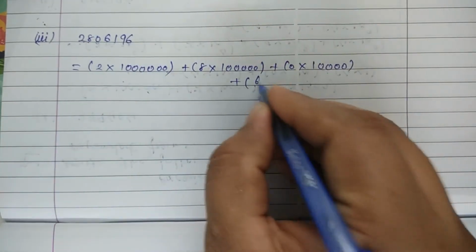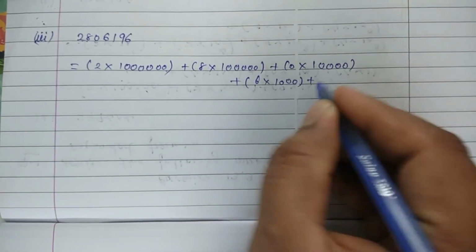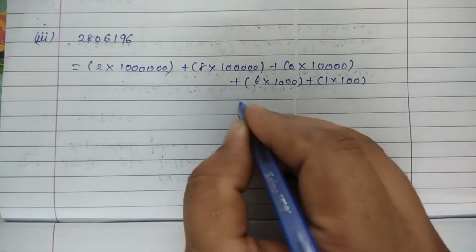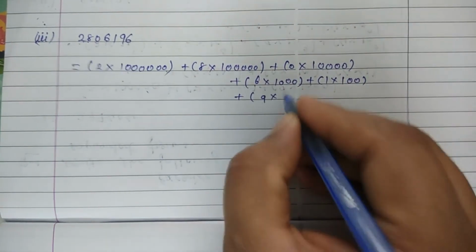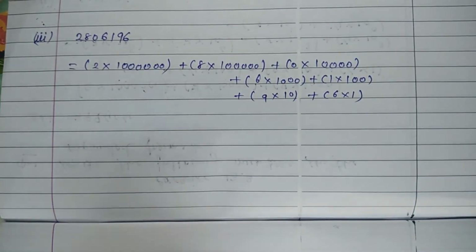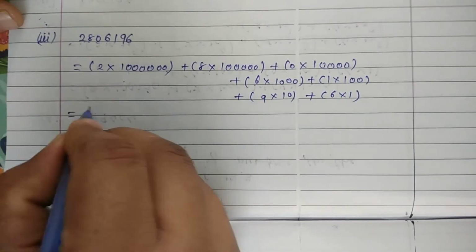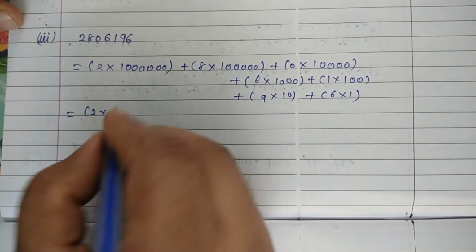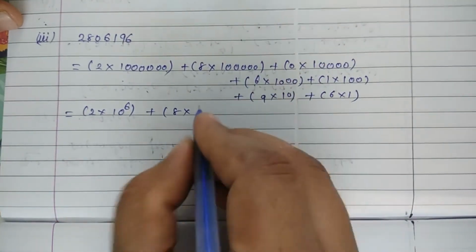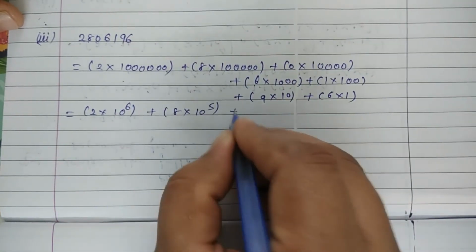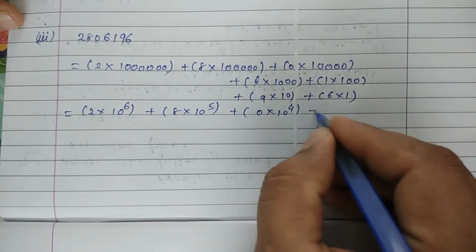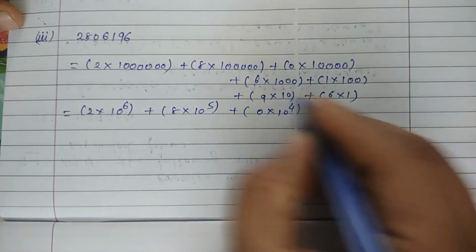Plus 6 at the 8,000 place, plus 1 at the 100 place, plus 9 at the tens place, and plus 6 at the ones place. So that is equal to 2 multiplied by 6 zeros, so 10 raised to the power of 6, plus 8 multiplied by 5 zeros, so 10 raised to the power of 5, plus 0 multiplied by 4 zeros, so 10 raised to the power of 4, plus 6 multiplied by 3 zeros, 10 raised to the power of 3,